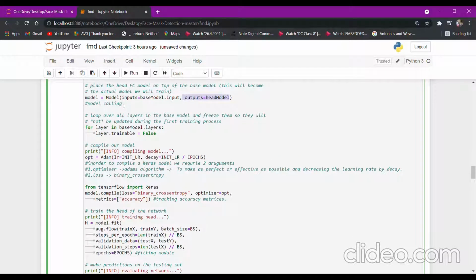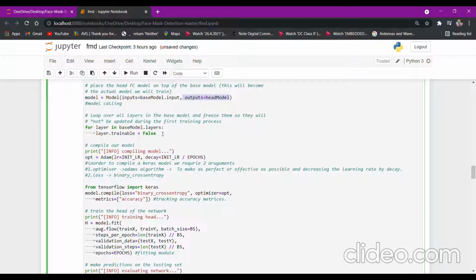Once the model has been built, we don't want the layers of the base model to be unfrozen all the time, so they shouldn't be getting updated all the time.